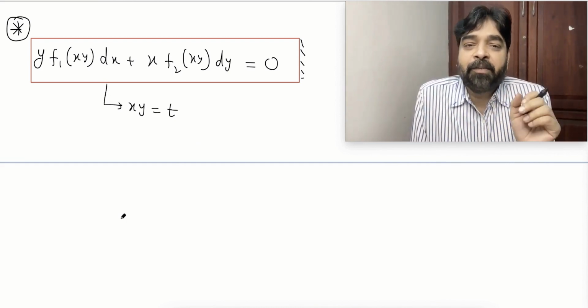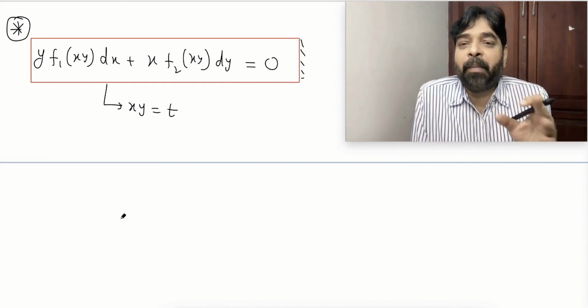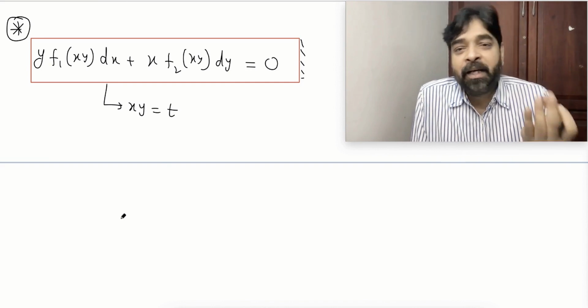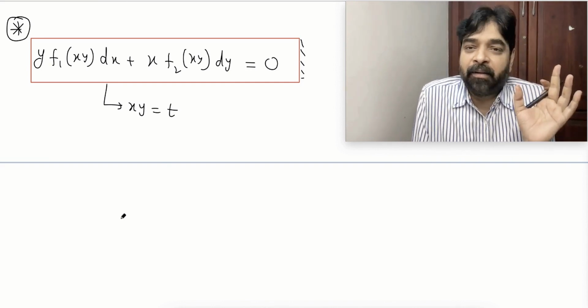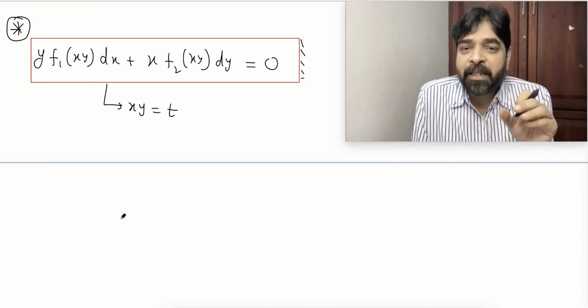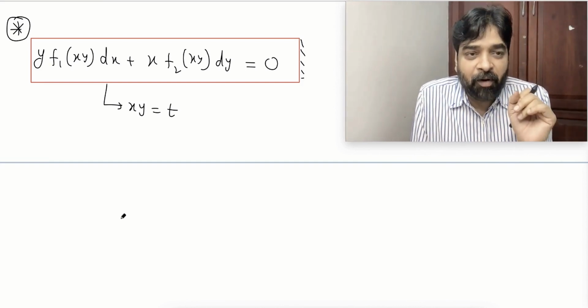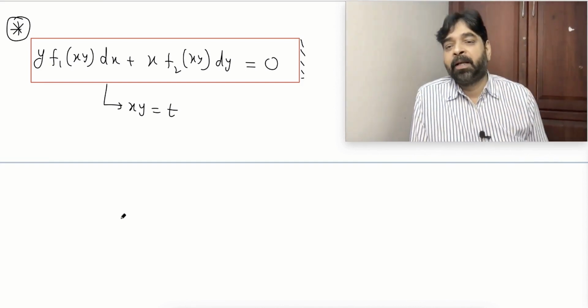Believe me, you don't have to use all these things much, because once differential equations are over, maximum time we do by variable separation and exact method. 90% of the time. And one linear form is there, which is the separate case. The rest, maximum we do by exact form. That will be much easier.